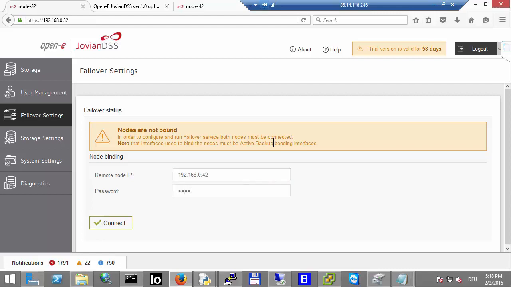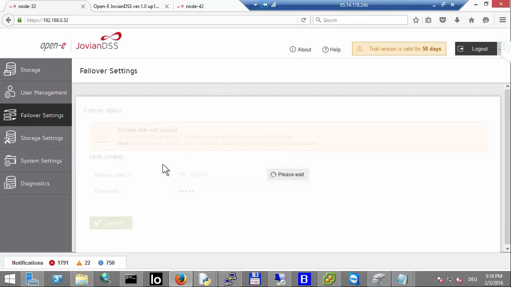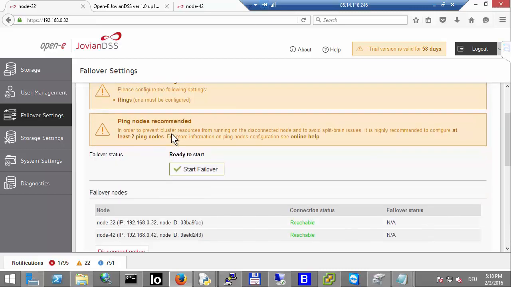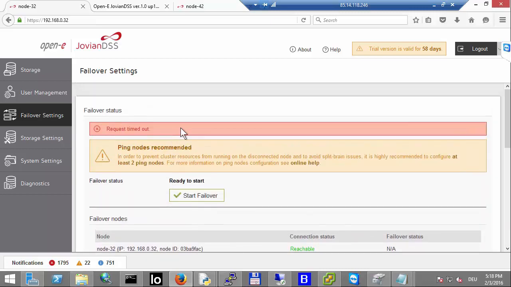192.168.0.42, admin is my current password. Always need the current password. The password can be changed later, it doesn't matter. So okay, we are connecting, and when everything is properly configured, I will be able to configure the ping nodes, and I will be able to start the cluster. But remember, the ping nodes in our case are